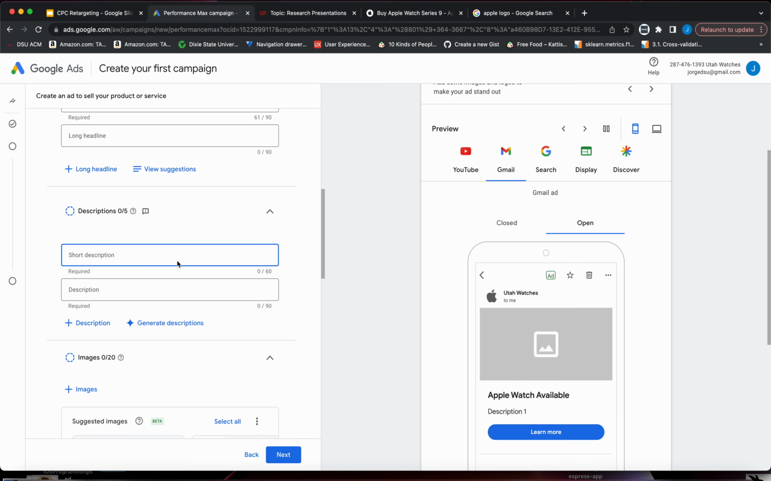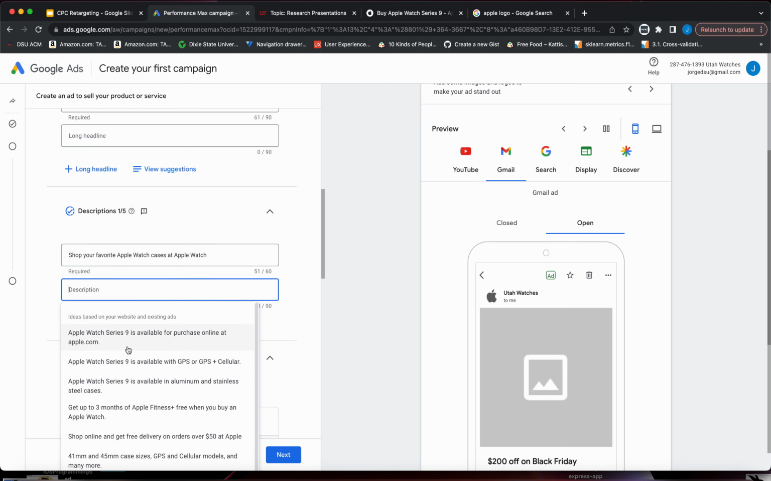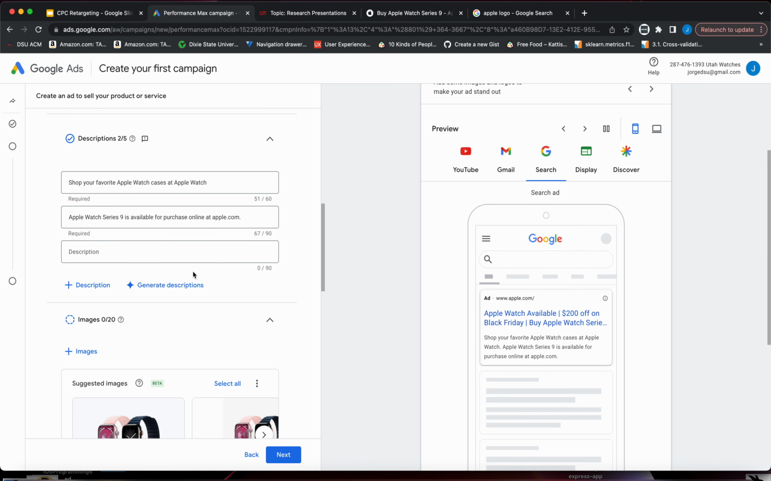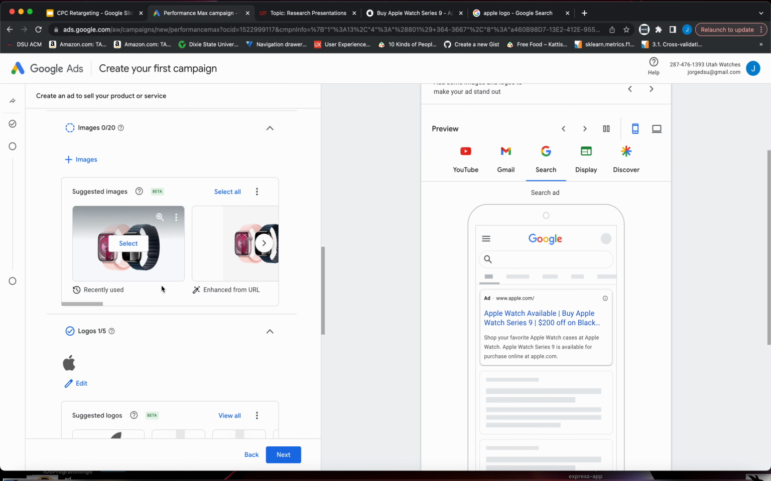Descriptions, pretty straightforward. Just a quick description of what your advertisement is. I'm just gonna select some examples right here, and then we go over to images. It's pretty straightforward too. You can upload images of your product, and if your landing page or product page or